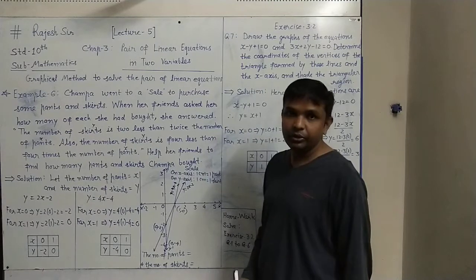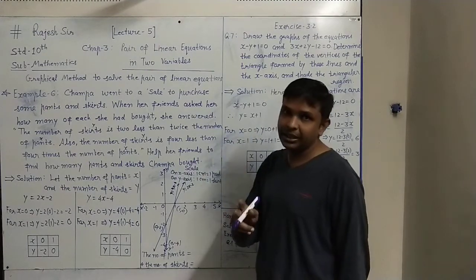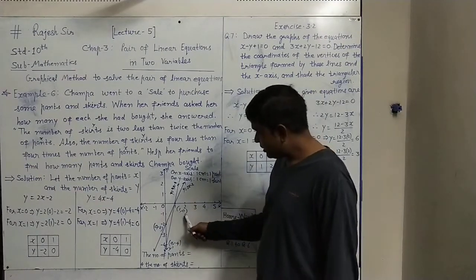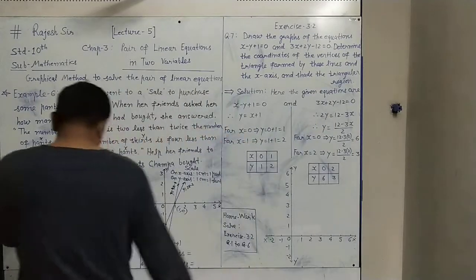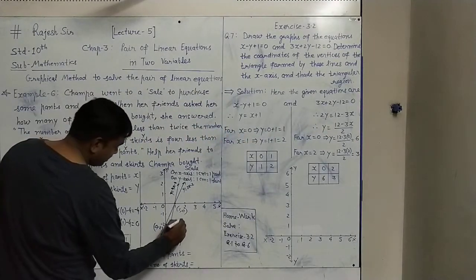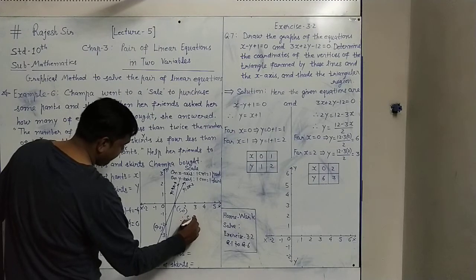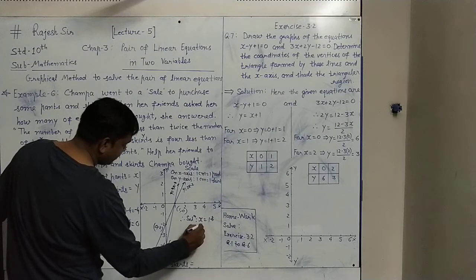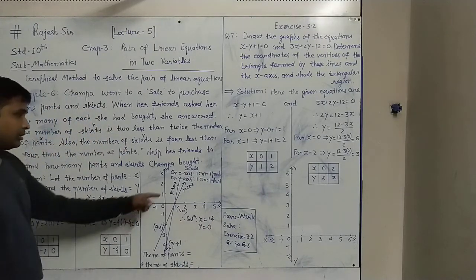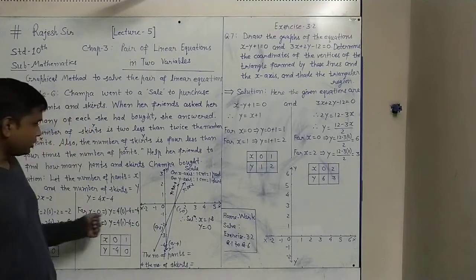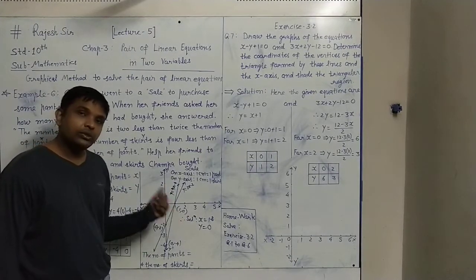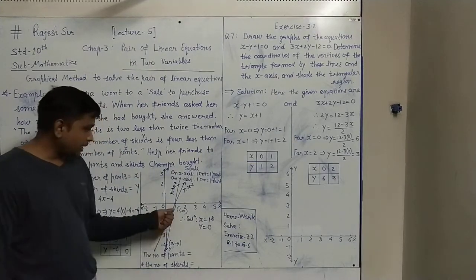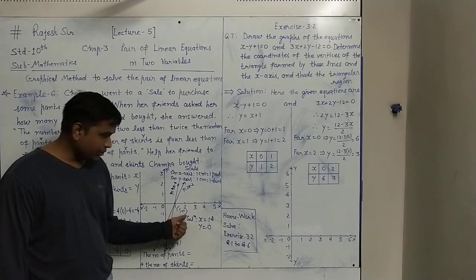And in the graphical method, you know that where the 2 lines intersect each other, that point becomes the solution of the given equations. So our solution is (1, 0), the common point. Therefore, the solution is x equals 1 and y equals 0, because (1, 0) is the common point of both the equations, both the lines intersecting at this point. So the intersection point of 2 lines will give us the solution. In that solution, (1, 0) represents x equals 1 and y equals 0.